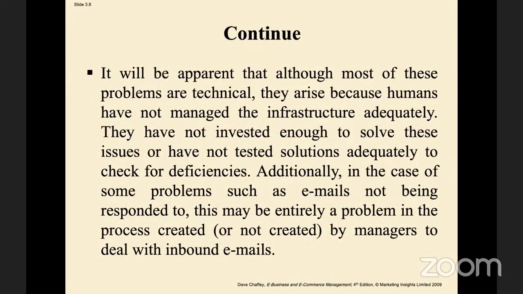Okay, next is, it will be apparent that although most of these problems are technical, they arise because humans have not managed the infrastructure adequately. Obviously, there can be some human errors regarding the management of the infrastructure, so that these type of problems that are quite technically arise. They have not invested enough to solve these issues, or have not tested solutions adequately to check for deficiency. Some people go for some cheap options and they don't consider that their customers' concerns are of much importance. In that case,